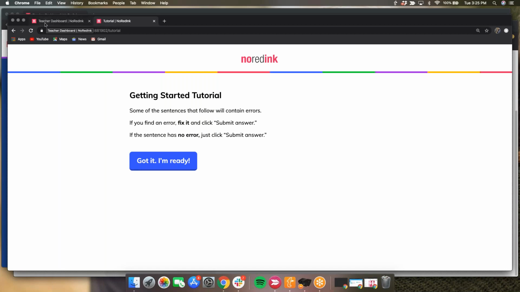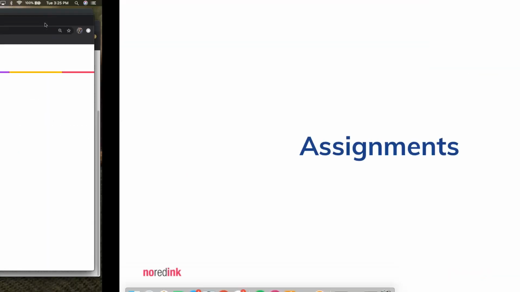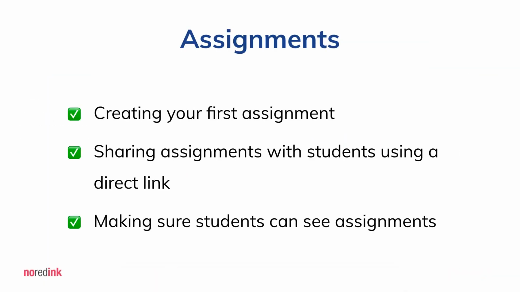All right, I'm going to go here and we're just going to run real quick through what we just covered, quite a lot. Creating our first assignment, we walked through that really quickly. We talked about how we'll share more details about that next week. Sharing assignments with the direct link for students, and then making sure that students can actually see the assignments by previewing them directly or viewing NoRedInk as one of your students and making sure that it's showing up where it's